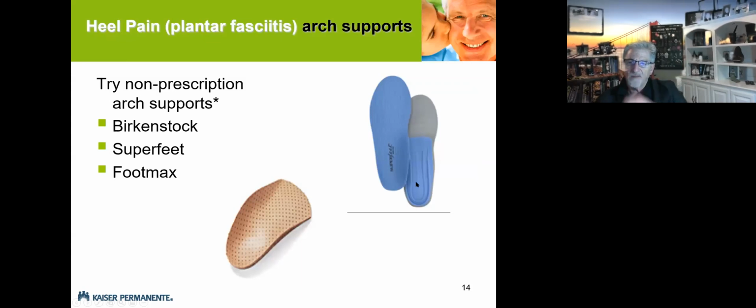And when you actually try to bend that in half, it won't bend. And that's what you need. If you buy something at DeLong's or Walgreens, you're going to get something that bends easily in half, and that's not going to